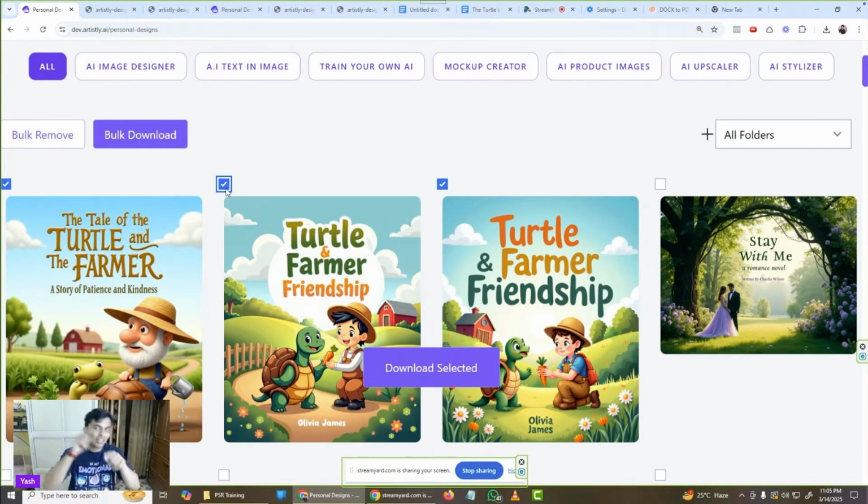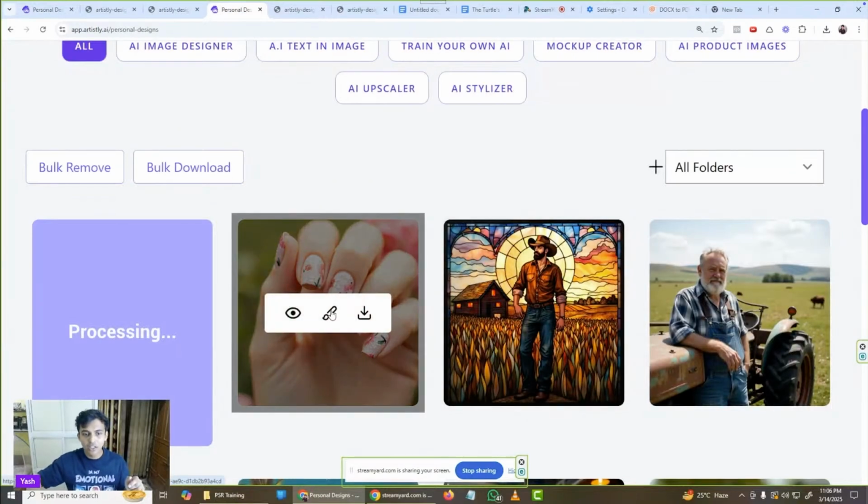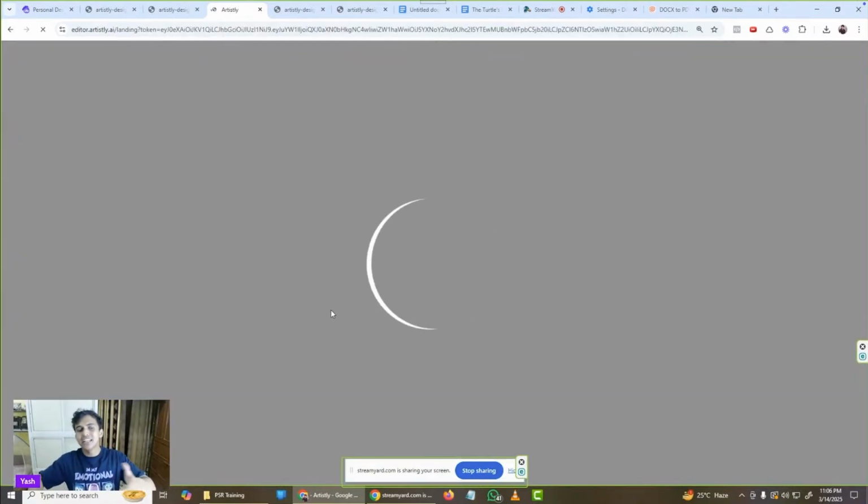You don't have to keep downloading everything, just one click, everything designed. Let's say, for example, you design all the nail arts, you get all the storybooks, click all of them straight into the advanced image designer, which for now only does one by one. So straight to the image designer, and then when you come there, what happens is,